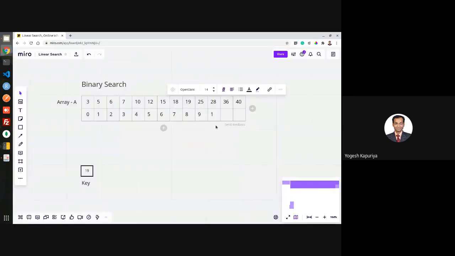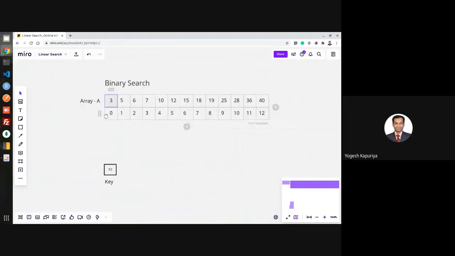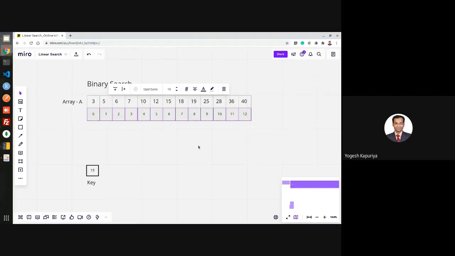So if you write a C program, this is how you should write it, right? So these are my indexes, and these are my numbers.